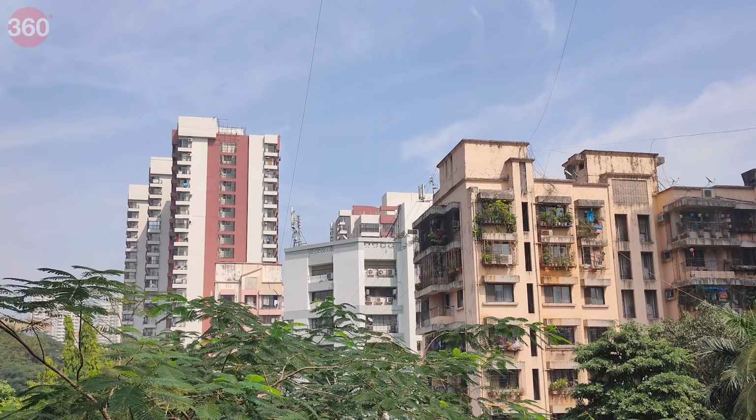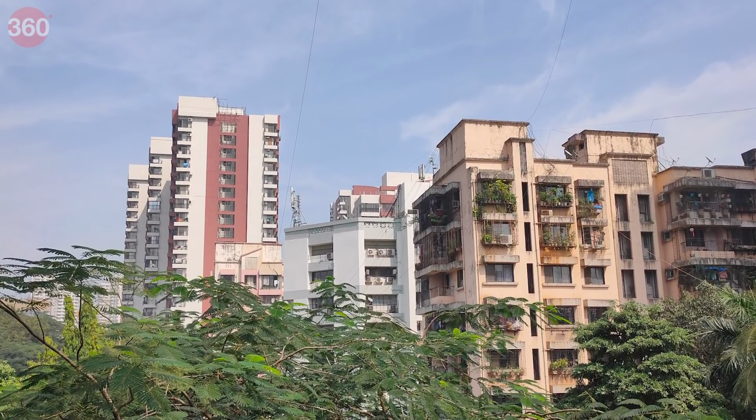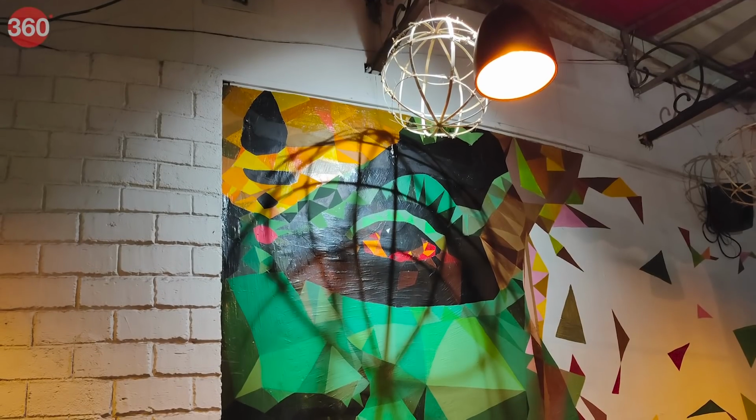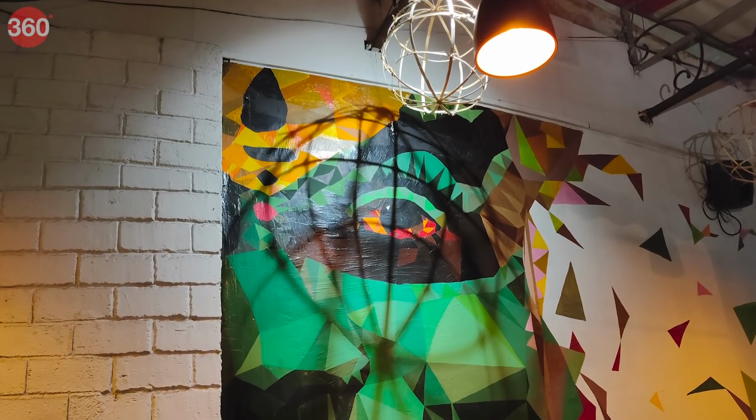Now in our testing, we found that the primary sensor captured detailed 16 megapixel oversampled photos under natural light. Portrait mode also works very well with good edge detection, and you can also adjust the level of blur before you take the shot. In low light, we also found details to be quite good, colors were punchy, and there